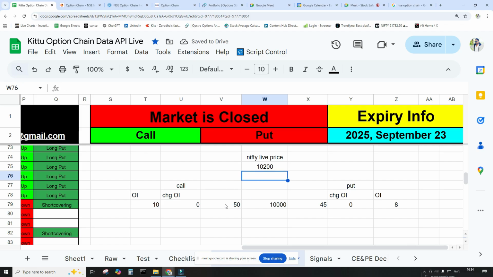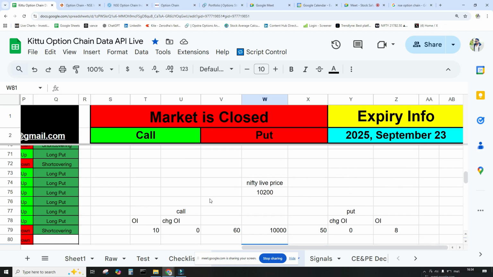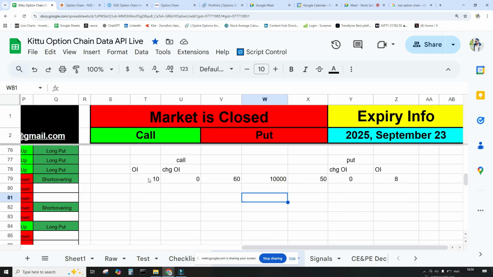So what would be happening in the next day? Since we got some good spike in the market, this might go above 60 rupees. Okay, this also can go up to 50 rupees. Okay, now let's see, this is how the market used to work. Now let us see what is happening in the change in open interest. So yesterday we noticed already 10 open contracts, total 10 open contracts had been built yesterday, which is Monday. Okay, on Tuesday